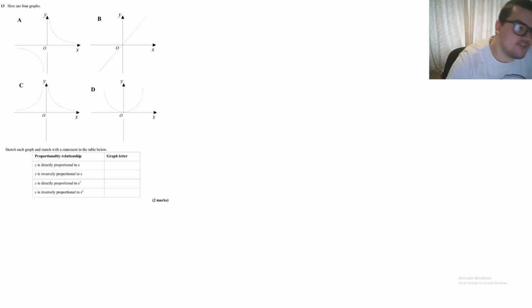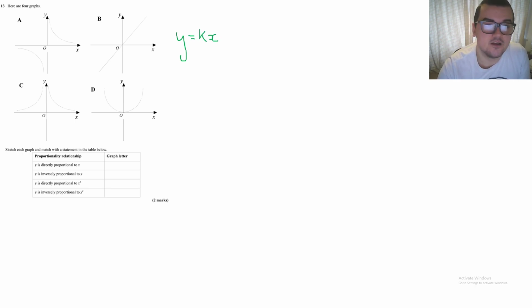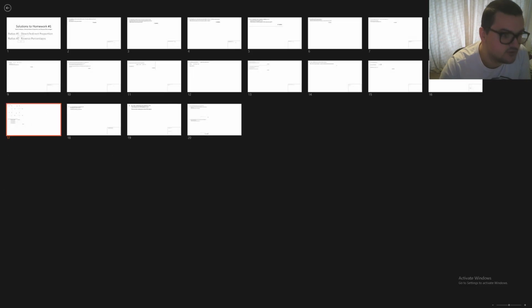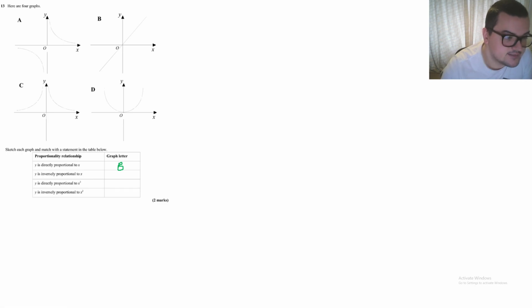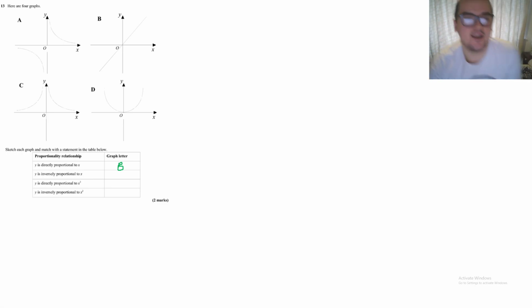So when we have a graph of y being directly proportional to x, we say that y equals kx. Which one of these could look like that? Well, when y equals kx, it is just a straight line. B is the only one with a straight line in that direction, so we're going to put the letter B here. We're going to rub that out, and we're going to have a go at our next one. Y is inversely proportional to x. So, going back to our last question, y equals k over x,